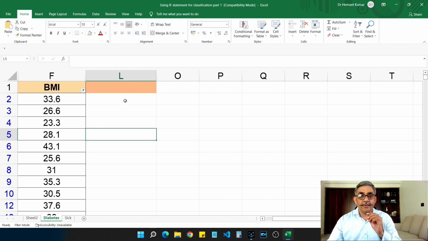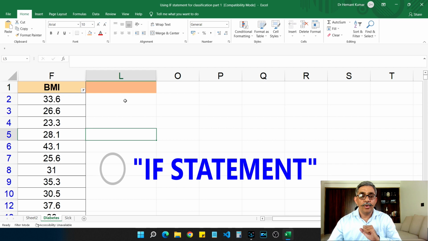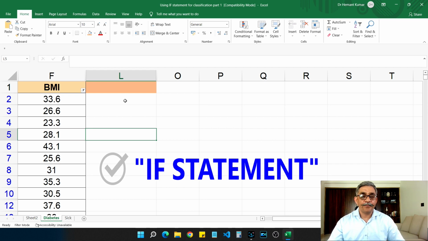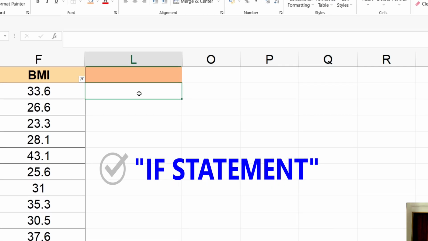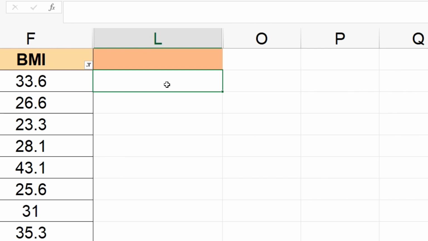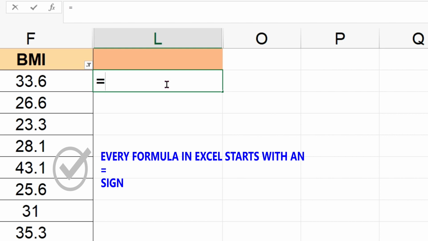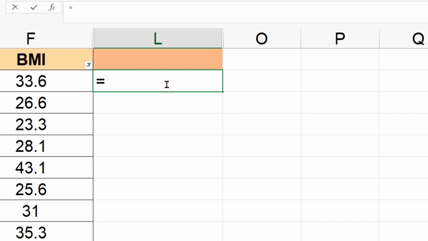So this classification is achieved by what is known as writing an if statement. So to write an if statement, we will go to the very first cell, and on the very first cell, I am going to type an if statement. So when we type a formula, the first thing we have to type is an equal to sign. Equal to sign indicates to Excel that we are typing a formula. So we will say IF,